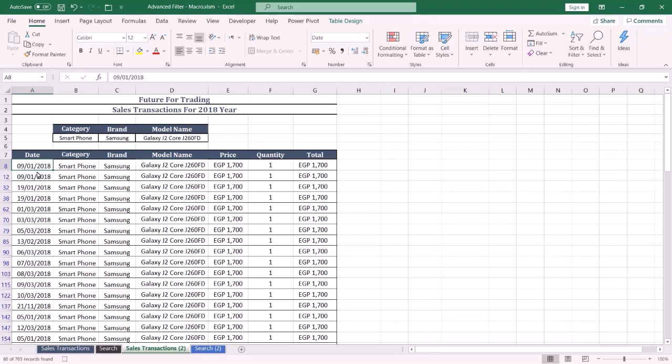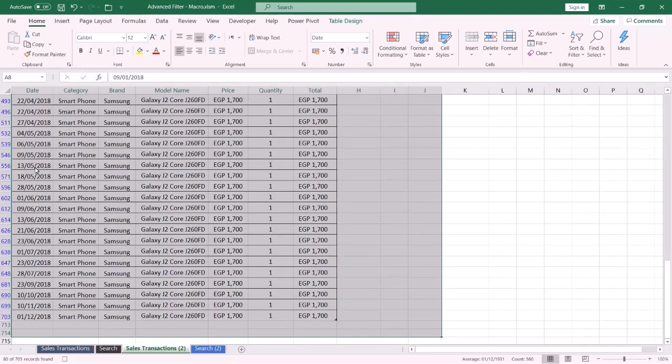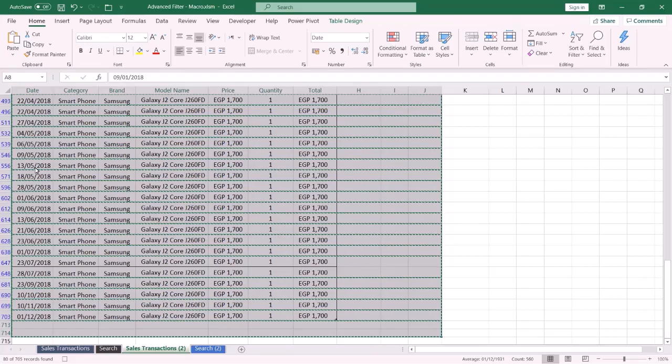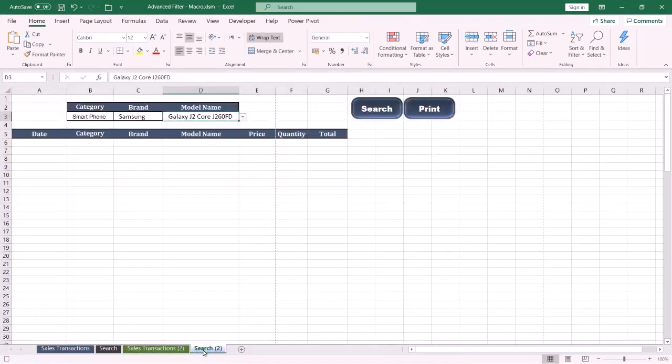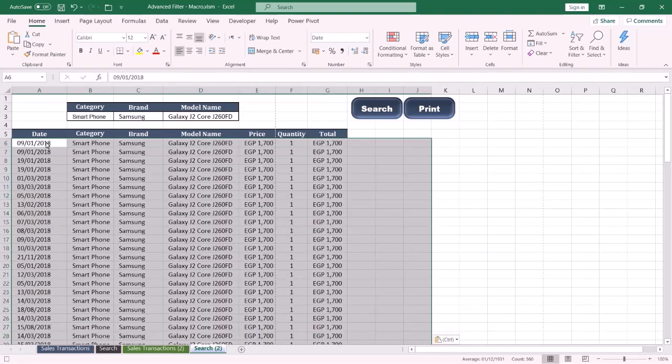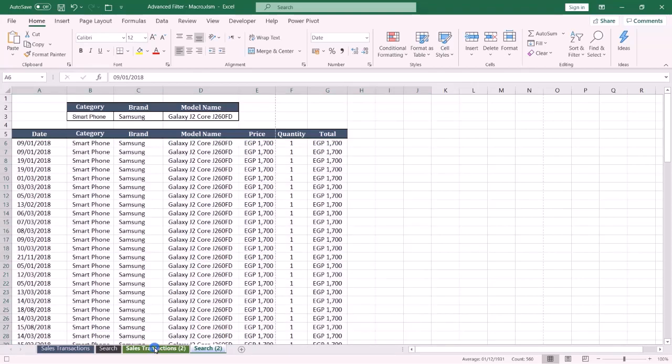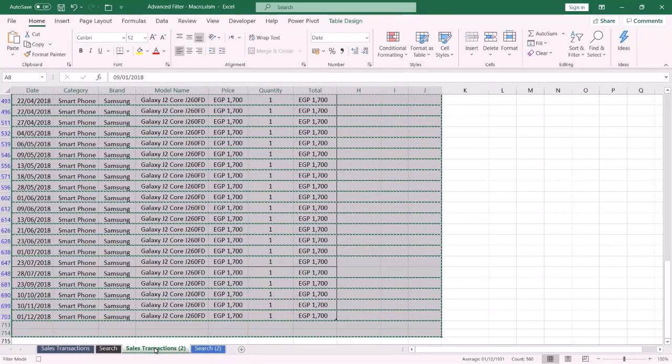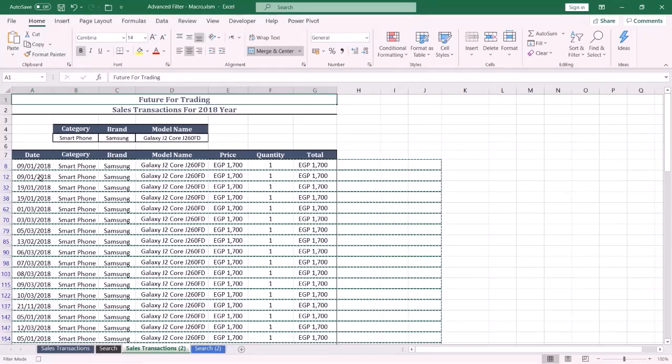So I select A8, the first cell, and press Ctrl Shift End. That means I want to copy from the active cell A8 to the end of my data. And copy the result, so I press Ctrl C and go to the search sheet and select A6 and paste my data, so I press Ctrl V like this. Then the next step, I want to remove or clear the filter, so I select the header row,